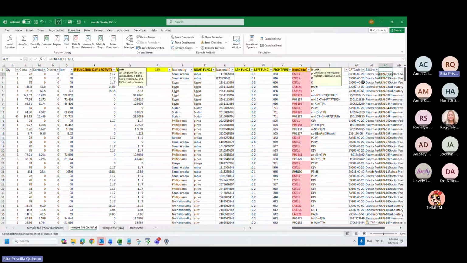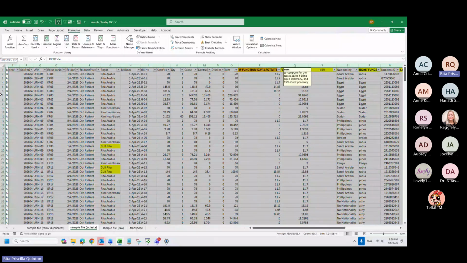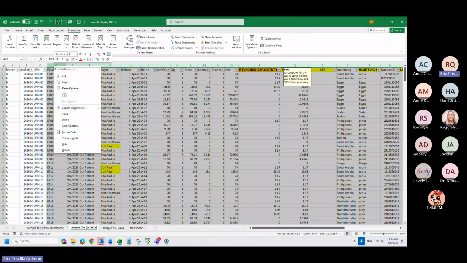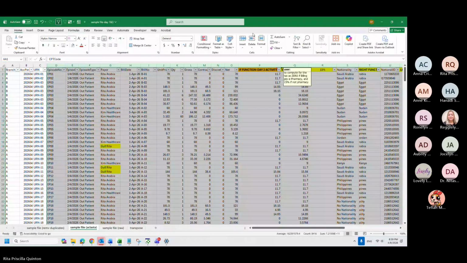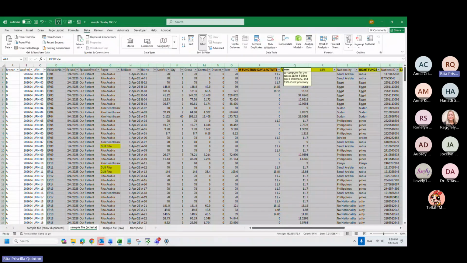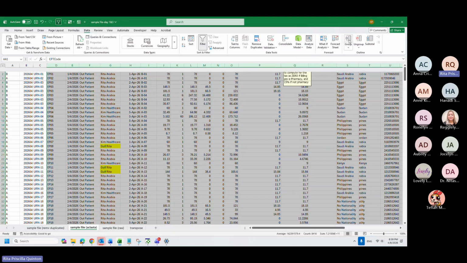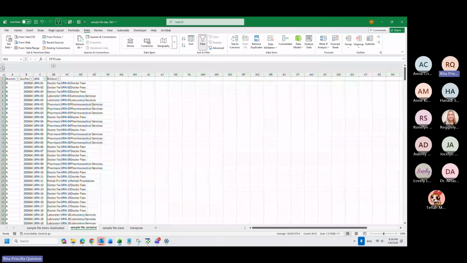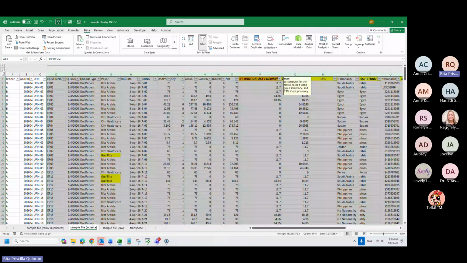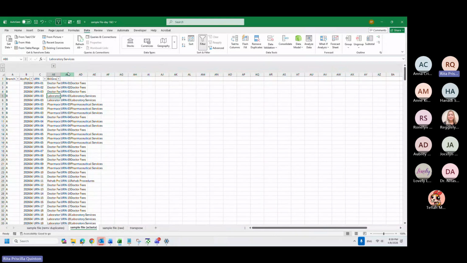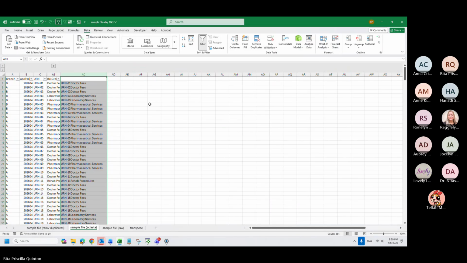Since I don't want to use the other columns, I can either hide them or go here on the data and press group. If it's grouped, I can select it to be hidden and unhide very easily.